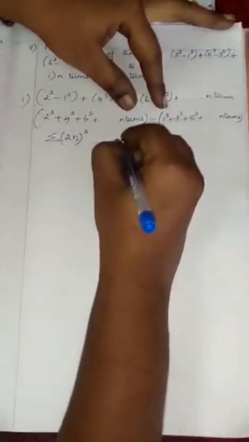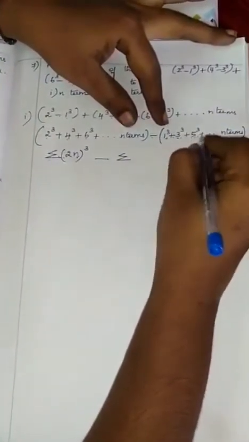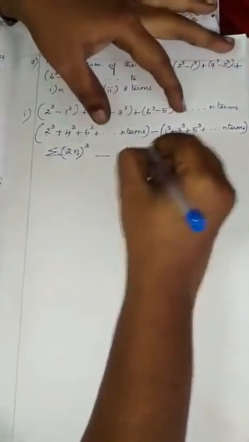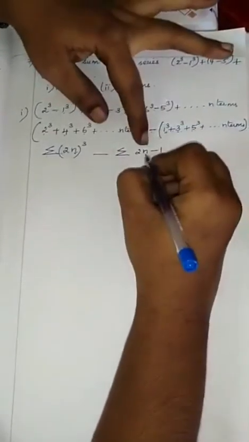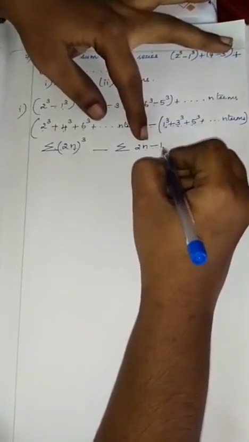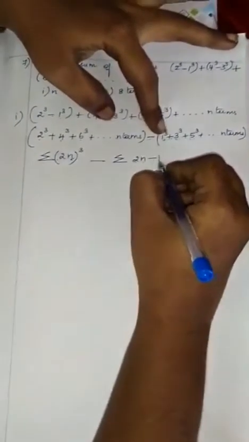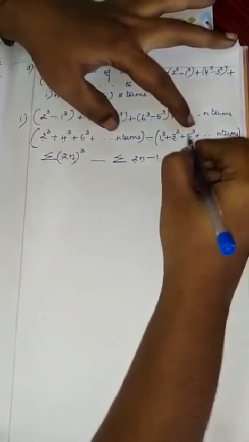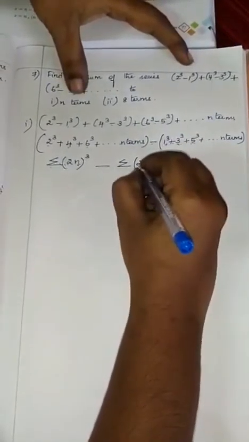This is the summation of even numbers, the whole cube. Minus, next what summation you have? Summation of, next what, these are the odd numbers, 1, 3, 5, like this, it goes on. So the general formula for odd number is 2n minus 1. When you substitute 1, 2 1s are 2, 2 minus 1 is 1. First term you will get. Then 2 2s are 4, 4 minus 1 is 3. You have got the second term. Then 2 3s are 6, 6 minus 1 is 5. So we will get the odd number series. So this is the general term, 2n minus 1 the whole cube.